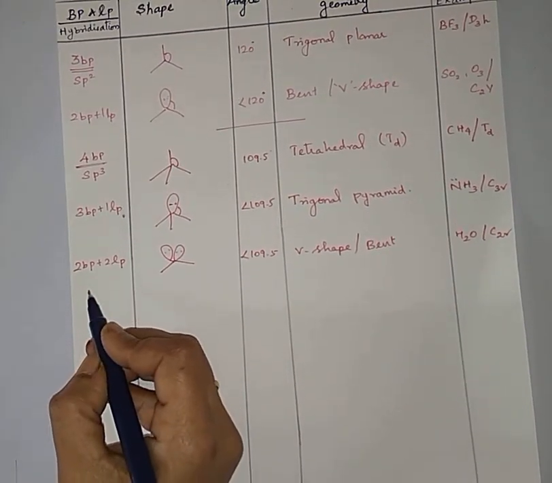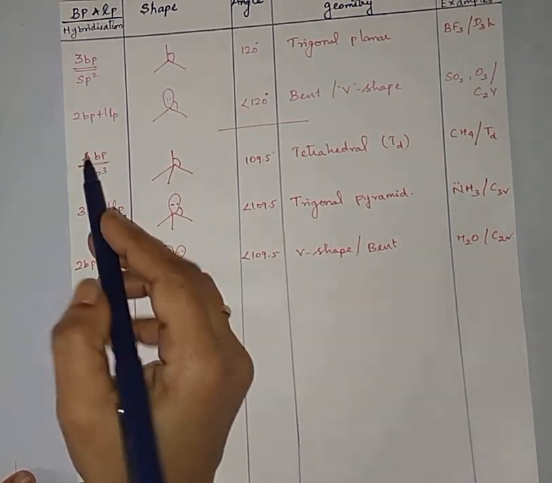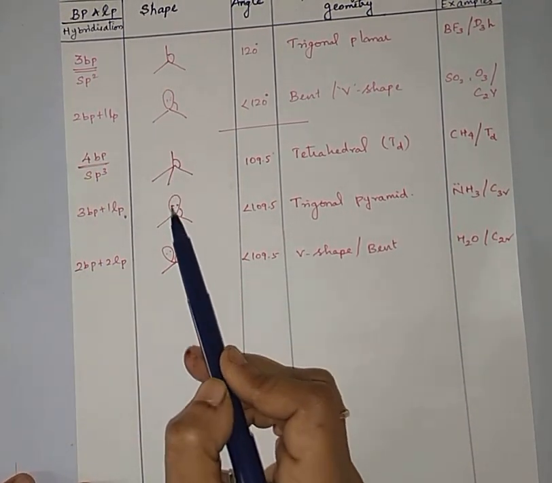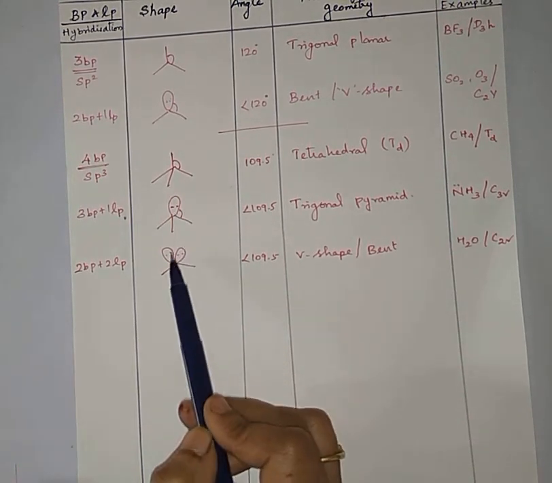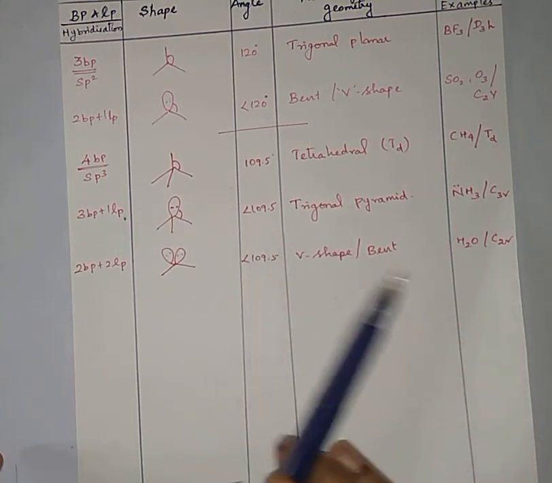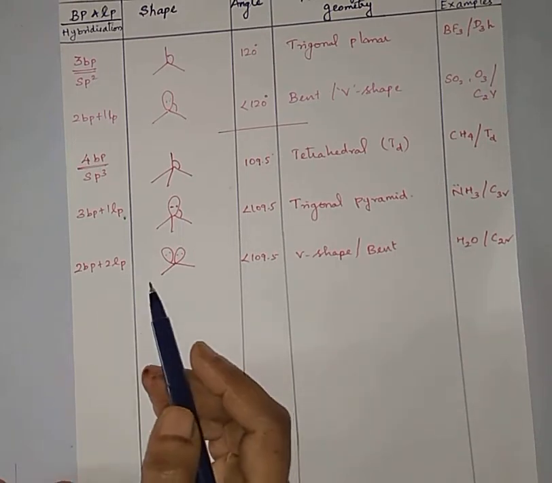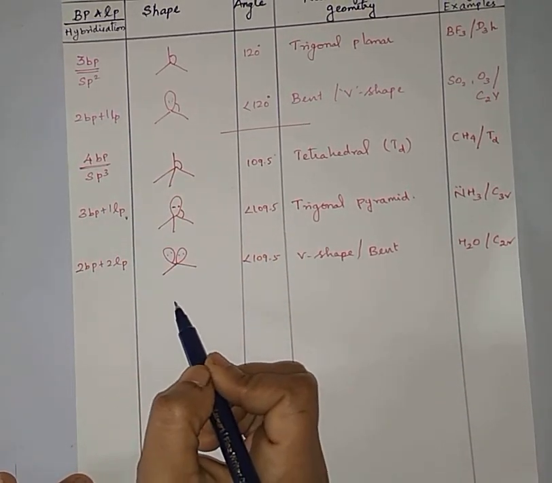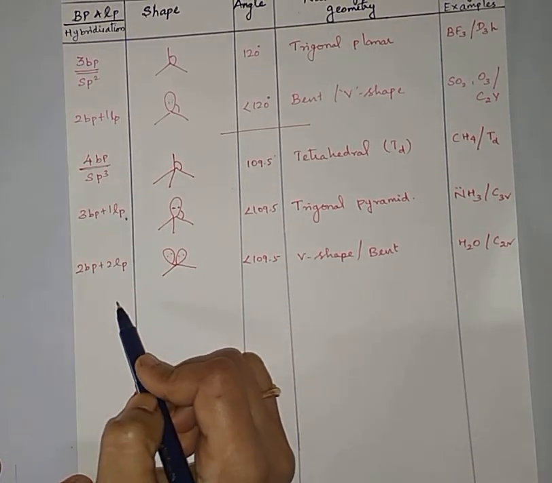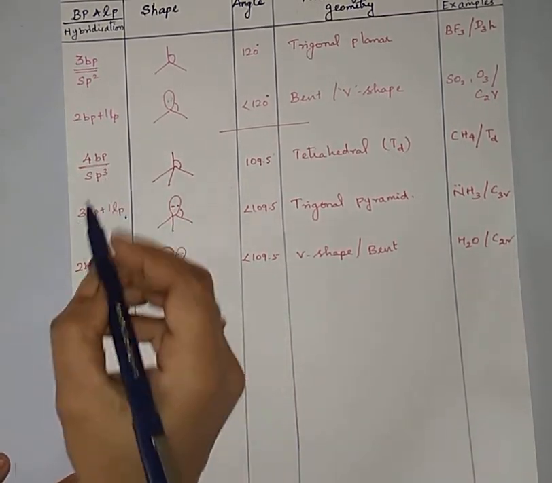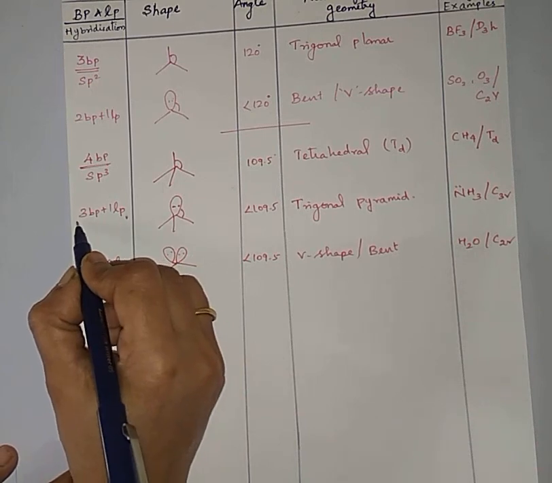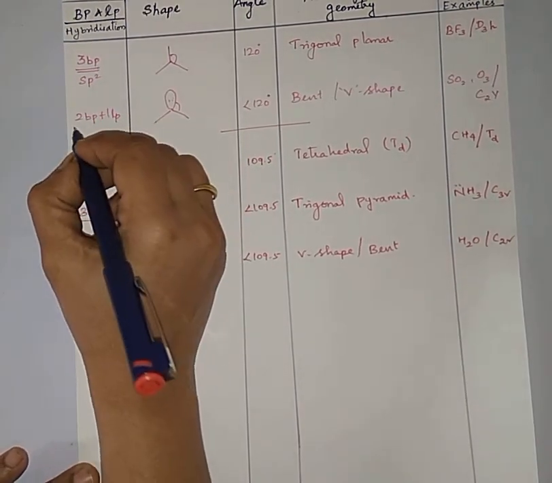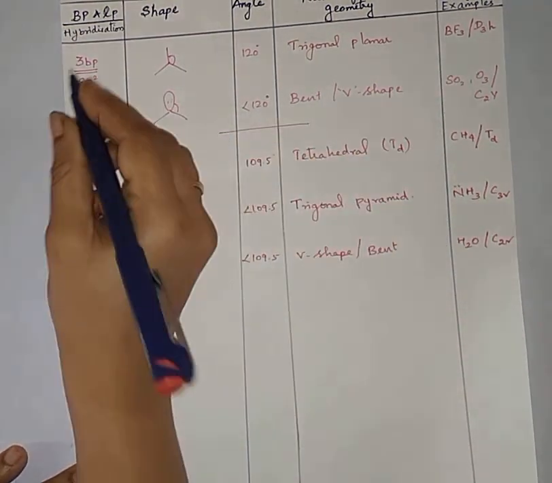Third case, so 4 bond pairs are there. In that, first one bond is replaced with 1 lone pair of electrons, and then 2 bonds are replaced with 2 lone pairs of electrons. Okay. In all these cases, what is the hybridization? In all these cases the hybridization is sp3. For this the hybridization is sp3. Don't forget, this is also sp3. Here the hybridization is sp2.